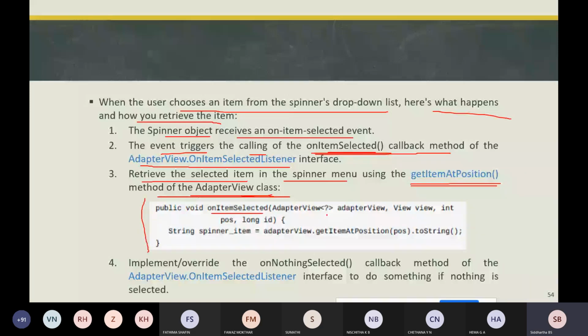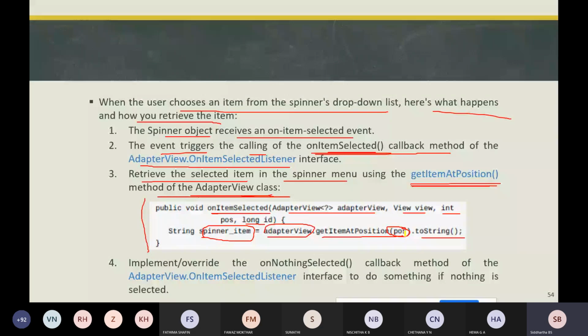This onItemSelected callback method takes the arguments AdapterView, View, int position, long id. Within that, we use a String object, adapterView.getItemAtPosition(position).toString(). Let's see what the arguments are one by one.